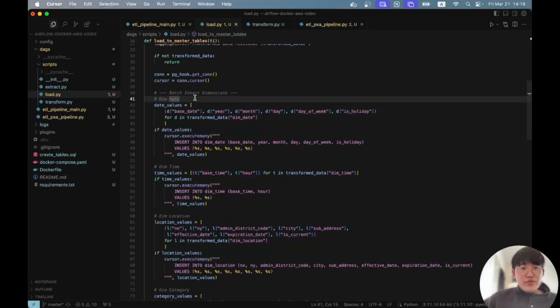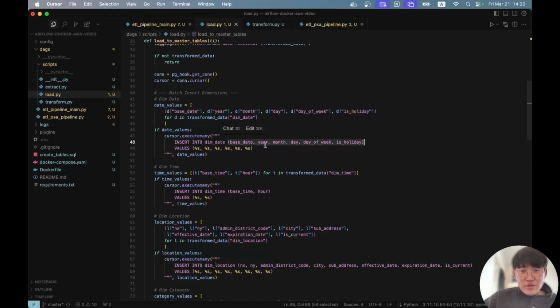From the previous task we got the value for the dim date. We can parse base date, year, month, date, day of week, is holiday, and we can make a list. And if the date values exist, we can use the cursor to insert the query into the dim date table,